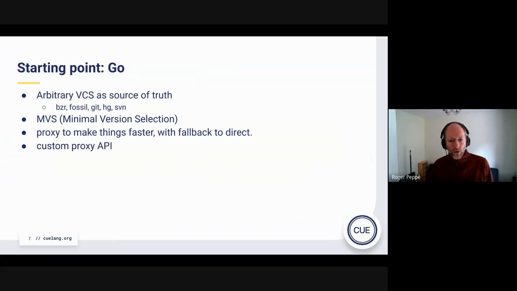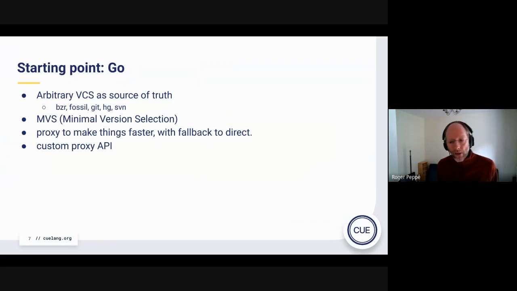Go's modules are distributed in the sense that when you import a module, logically it goes directly to an arbitrary VCS somewhere on the internet to pull down the source for a module. To deduplicate, when you've got multiple versions of a module required, it uses a very simple algorithm invented by Russ Cox called minimal version selection, which essentially chooses the latest version of any of the required versions.